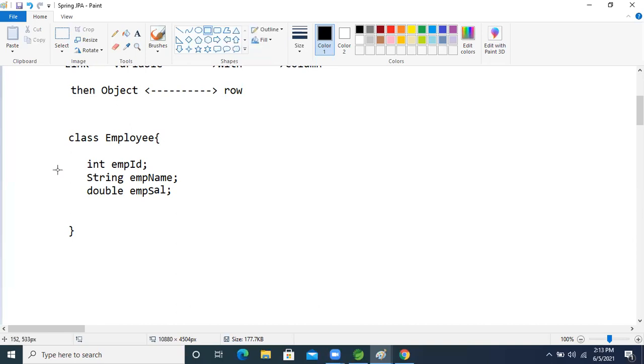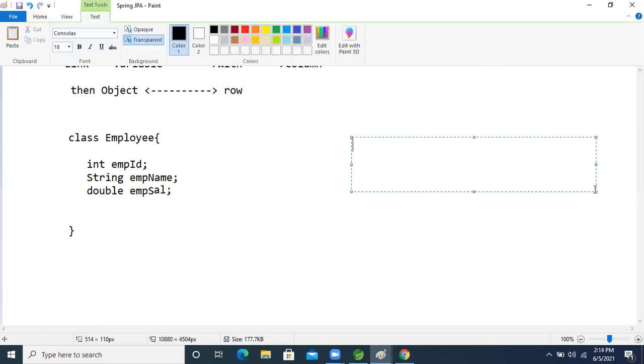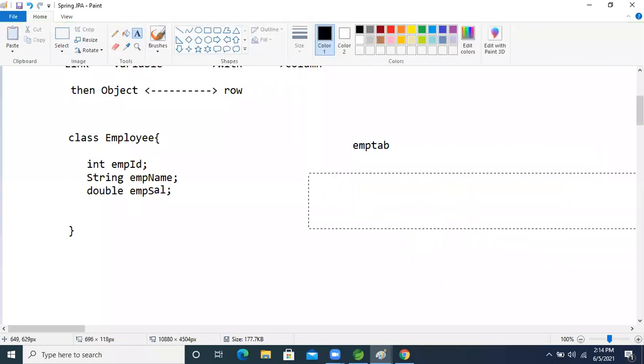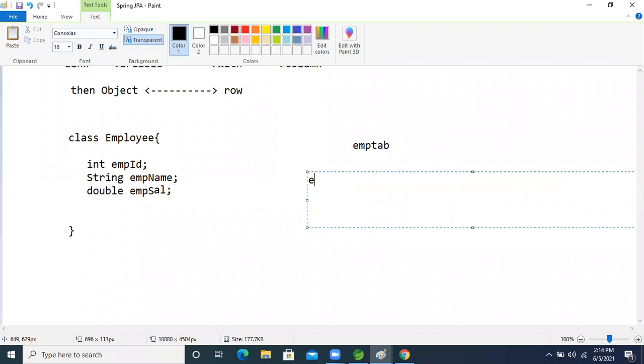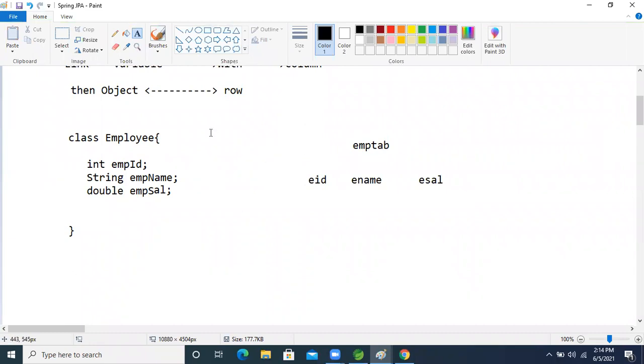So I want to store this object in the database. So in the database, what will happen now? Emp table is there, and EID is there, and E name is there. Another one is E cell, right? Three attributes are there, so three columns are there.